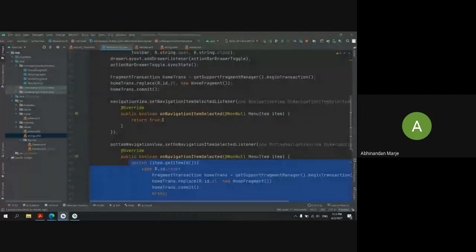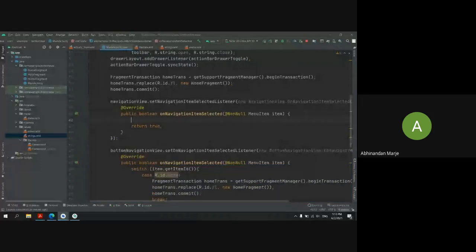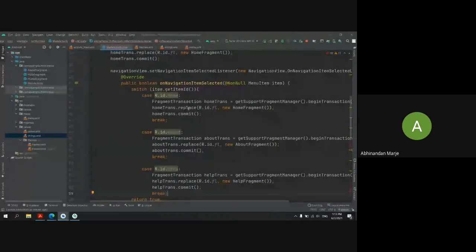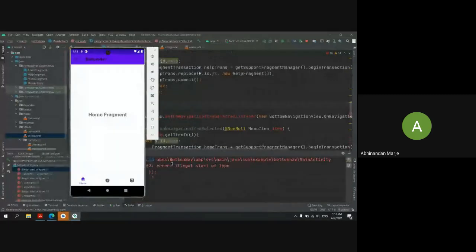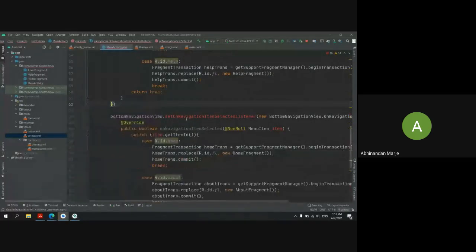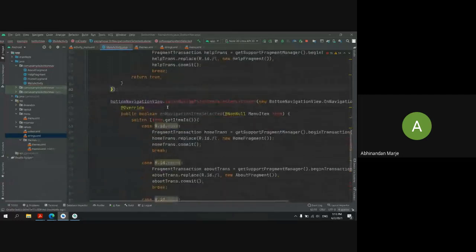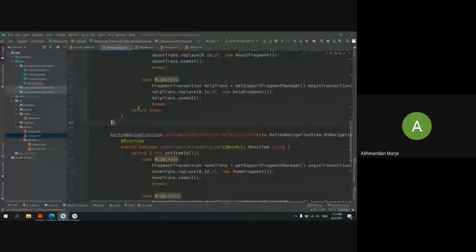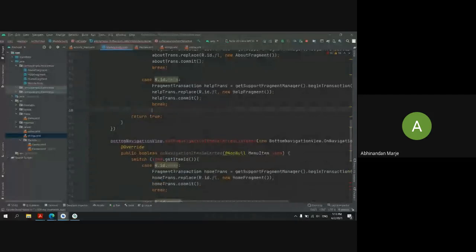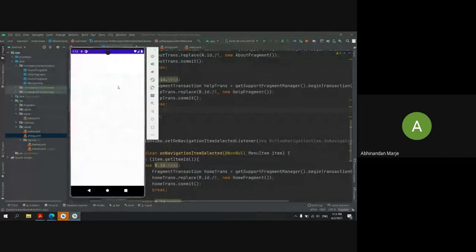We need the same thing here. Now if I run my app again, okay, I'm getting an error. Now you can see I'm in the home fragment.